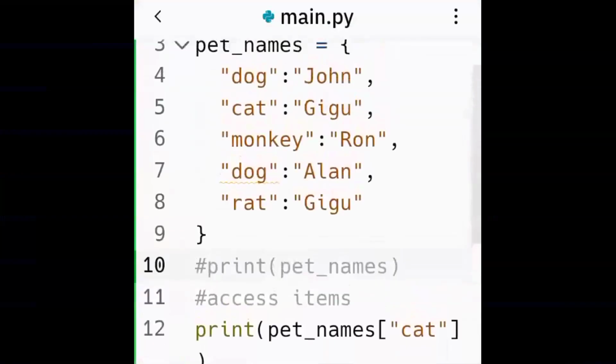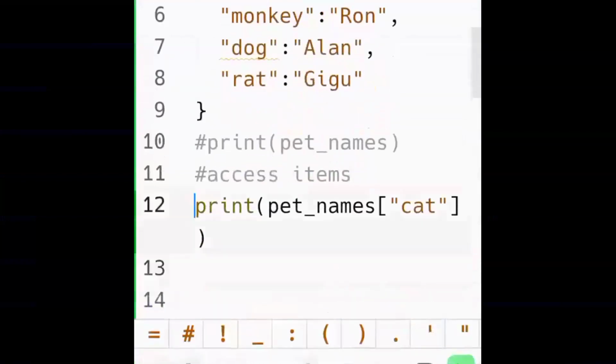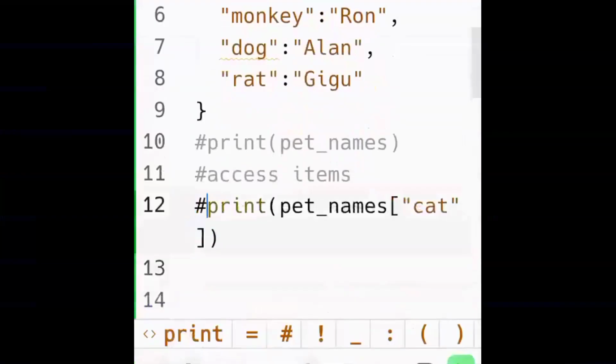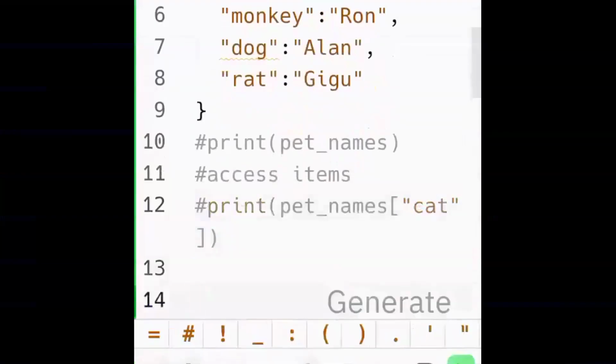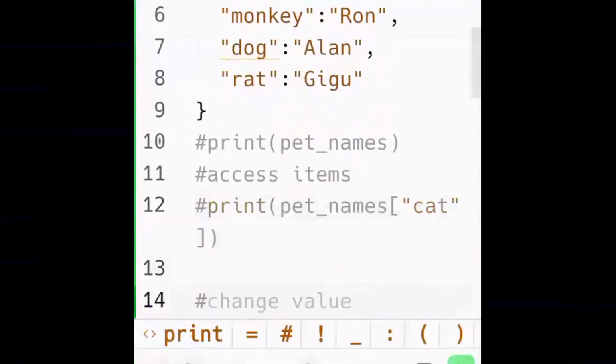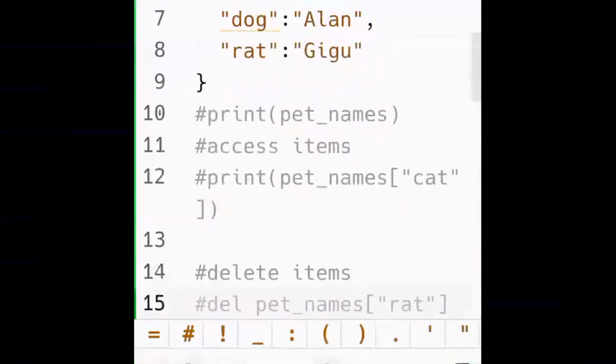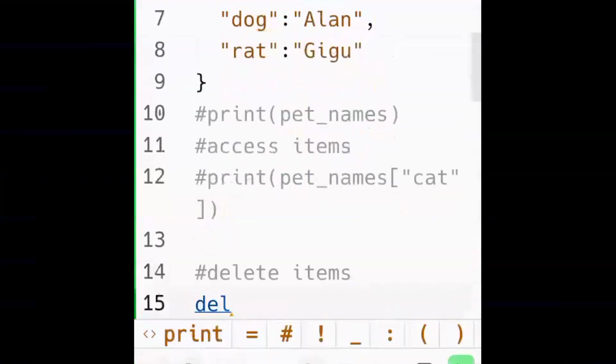In this case, the key is cat, which is a string, so I write cat in the form of a string inside the square brackets. And then I would get the value, because it's a key value pair. So I'll get the value of cat, which is Gigu, in my outcome console. So this is how I access the item inside the pet names. Had I wanted to know for dog, I would write dog instead of cat. Had I wanted to know for rat, I would write rat, and monkey, and so on.